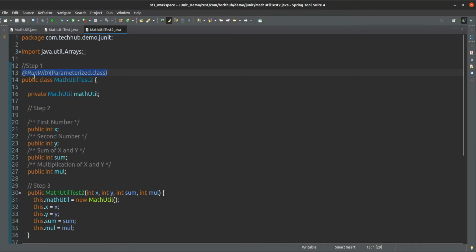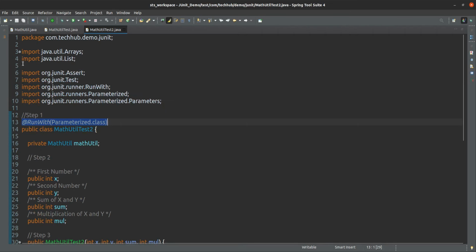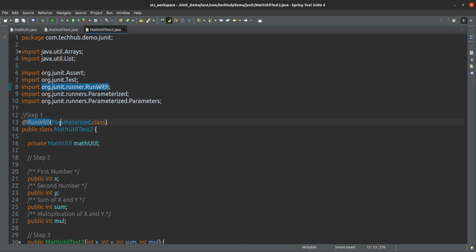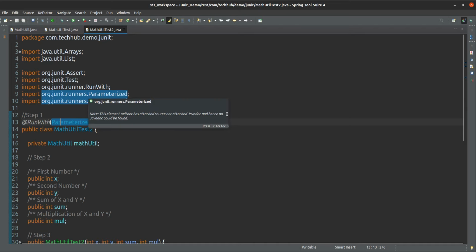So here we have marked this one, and this annotation is available under the JUnit runner package. Under this runner, the RunWith annotation is available, and that annotation takes one parameter, which is the Parameterized type runner. This is one class. And this is the first step.